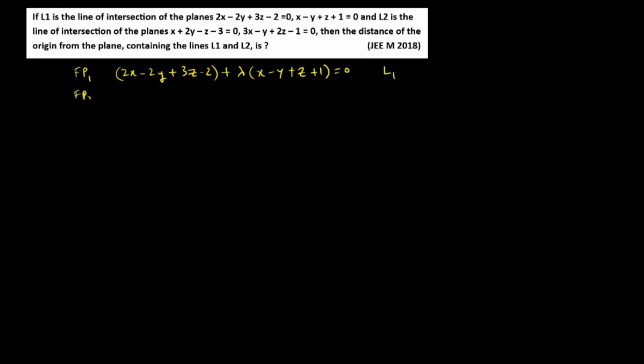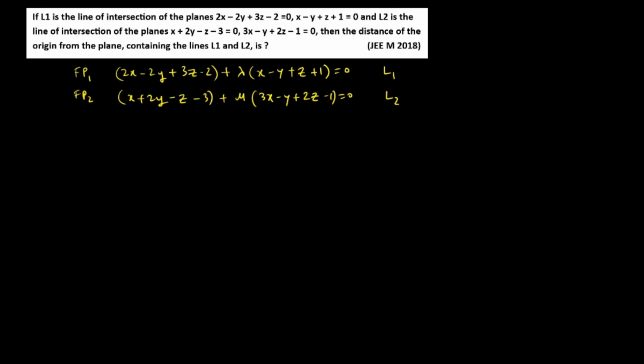Now similarly you could write another family of planes passing through the intersection of the other two planes. That would be x plus 2y minus z minus 3 plus some constant. Now we cannot use lambda because that's a different family now. So we can use, let's say, mu into equation of the other plane, right? And this family will contain the line of intersection, that is L2,